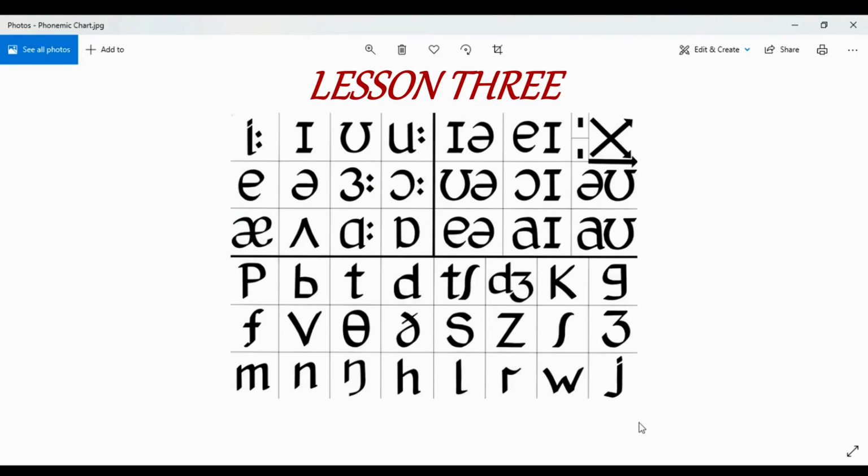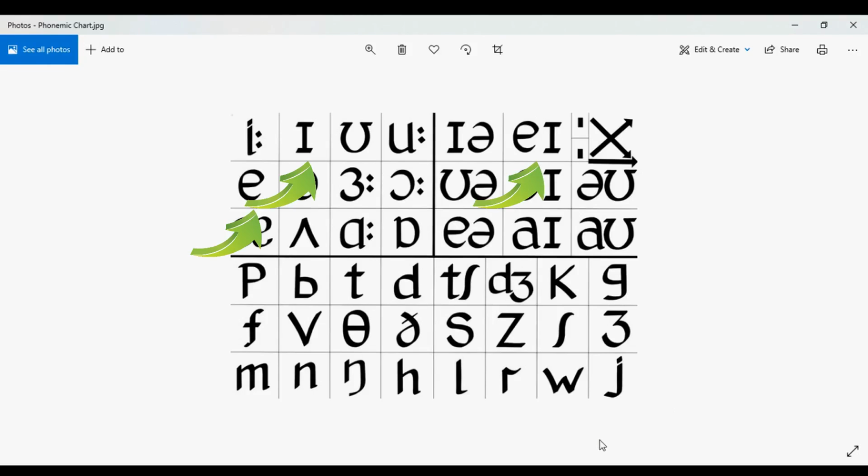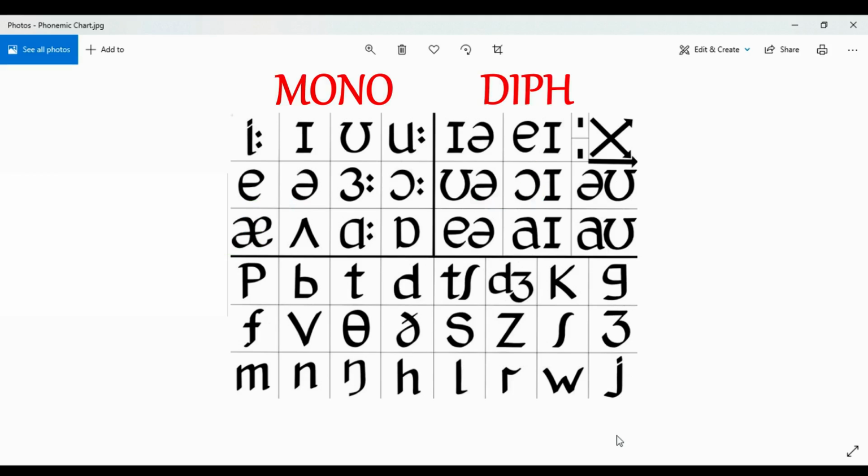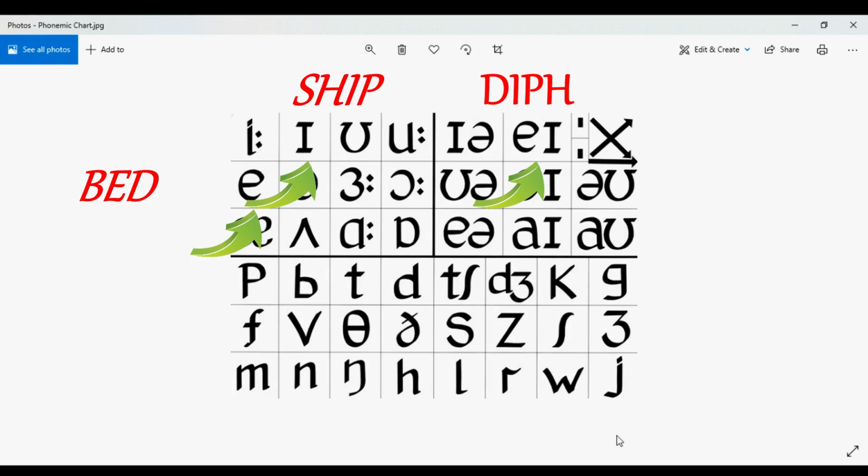Shoot. Lesson 3. This feature concerns 3 of our 20 vowel sounds. 2 monophthongs combining to make 1 diphthong. For monophthongs, the mouth stays in one position, and for diphthongs, the mouth has to move because 2 sounds are combined. In British English, the A diphthong is made up of 2 short monophthongs, as in bed and as in ship. Combining these and sliding them together, we have the A diphthong,